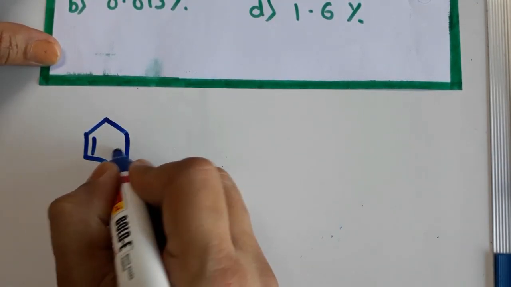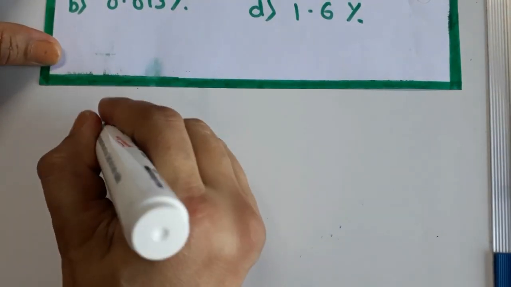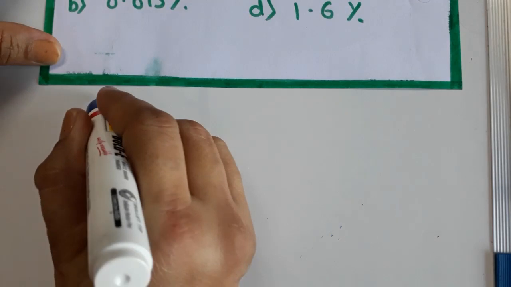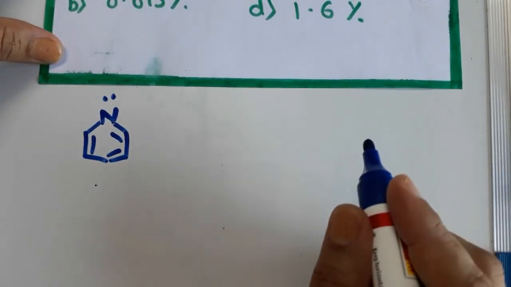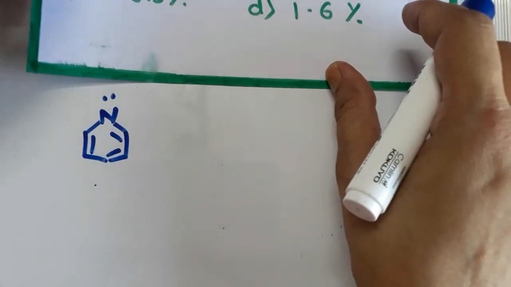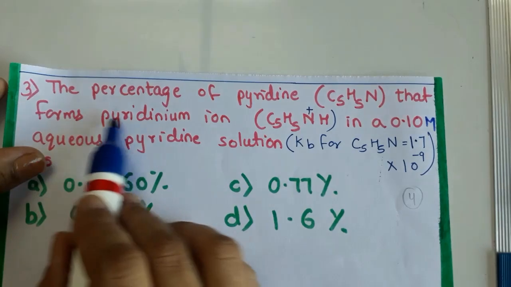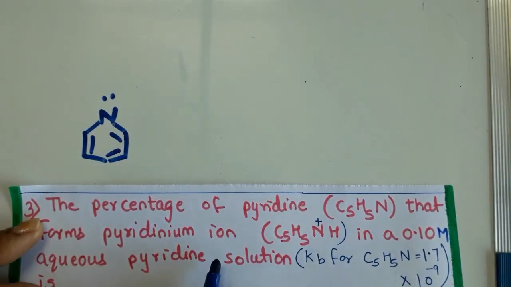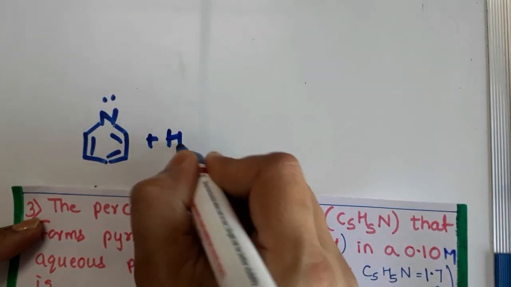We all know that pyridine: you remove carbon and write here nitrogen with one lone pair of electrons. Now they are saying pyridine has been converted to pyridinium ion. Just see the question, pyridine has been converted to pyridinium ion. Now how is it converted to pyridinium ion? When it reacts with water,